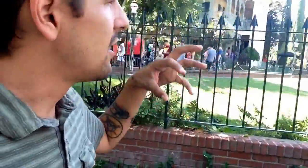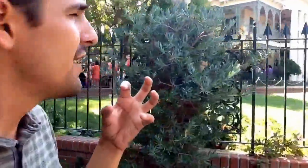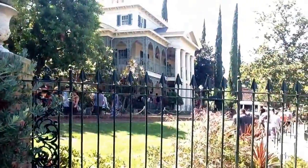So the Haunted Mansion, one of the most beloved attractions of all time. If you've never checked it out, go look up Long Forgotten Haunted Mansion. It's a really good old school blogger blog on the internet, all kinds of facts about the development of the ride, about the secrets behind it, more secrets than I could ever tell you on Random Land about